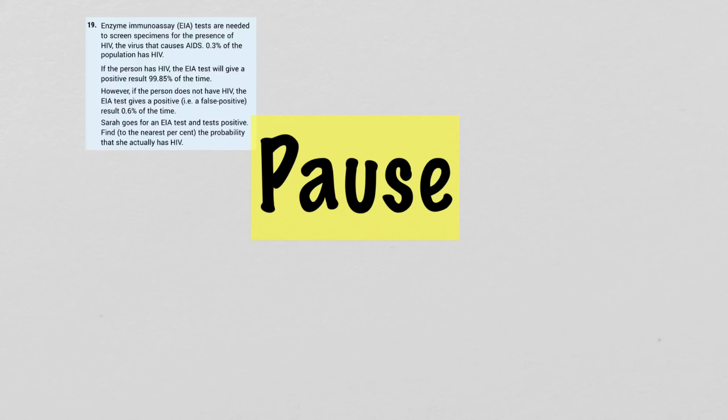Okay, so we're going to unpause the video and look at the solution for 19. Hopefully there weren't too many problems with it. If we look at the question, we're talking about enzyme immunoassay tests, and these are going to screen for the presence of HIV. We're told that 0.3% of the population has HIV, and if a person has HIV, then the EIA test will give a positive result